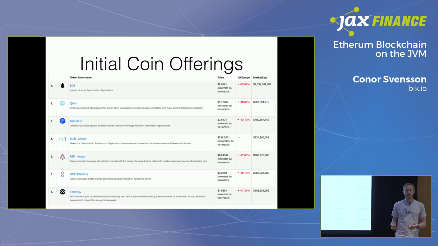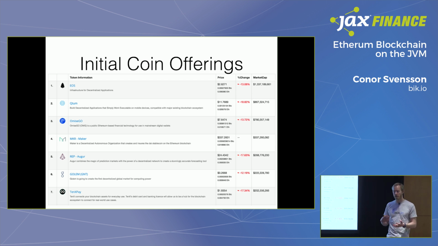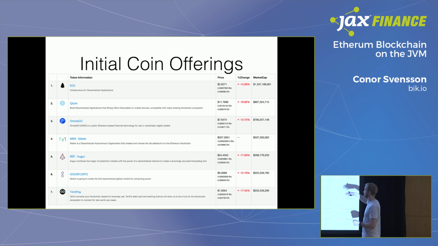But what it has given rise to as well is this notion of the ICO, or initial coin offering, and it astounds me when I see what the market capitalization of some of these firms are based on how much these crypto assets are trading for. This is from Etherscan. They have a list of all of the different companies that have done these coin offerings where they in effect give away part of their business to investors, or actually potentially not in the case of EOS, but